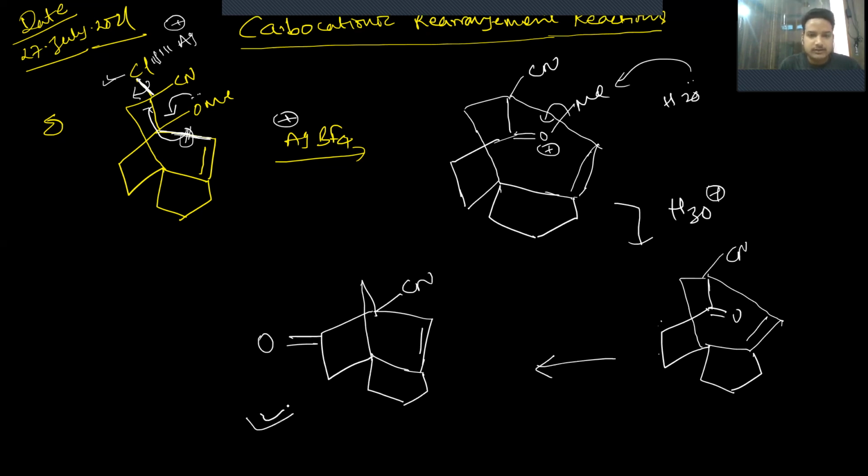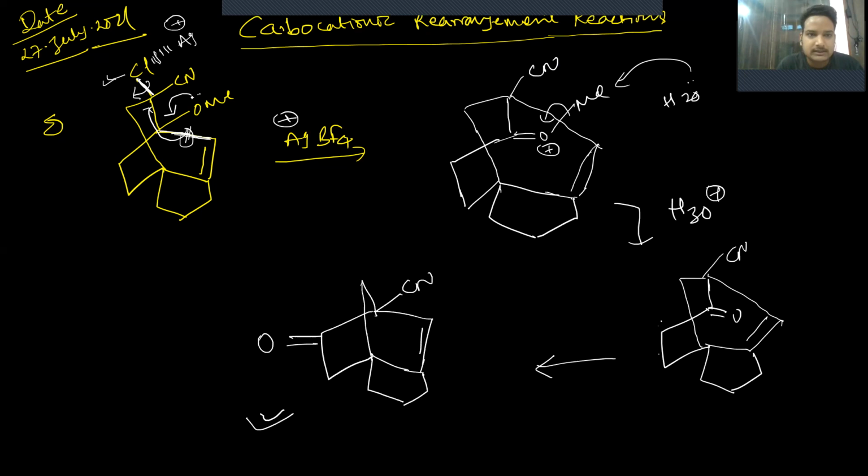So this is the carbocationic rearrangement reaction. So what is the main focus here? So we have this compound. We have to see what the chelating reagent is. So this bond is going to break here. So we have to see which bond is anti-periplanar to this bond. We can eliminate this also, but this cannot happen because this bond is syn-periplanar. So if we see this bond and this bond, this is anti-periplanar.